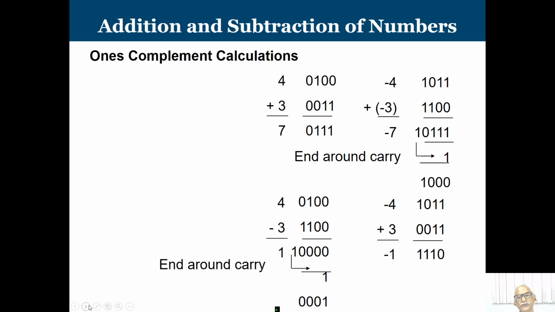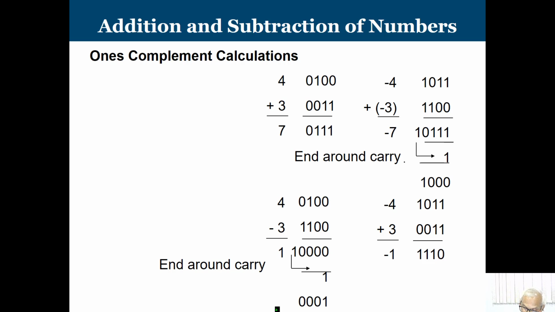So how are we going to do 1's complement calculation? It is the same. When we are using these 3 numbers and we are having 4 bits numbers, 4 plus 3 we are getting 7, simply add it. Then minus 4 and minus 3. Now, you just see what is the 1's complement of your 4: 4 is your 0 1 0 0, so 1's complement will be your 1 0 1 1. So I am taking this 1's complement. Finally, we know that it should be equal to minus 7. Now, after adding it, I am getting 1 0 1 1 1. So the carry out is coming into picture, but if I say 0 1 1 1, it is going to give me plus 7.